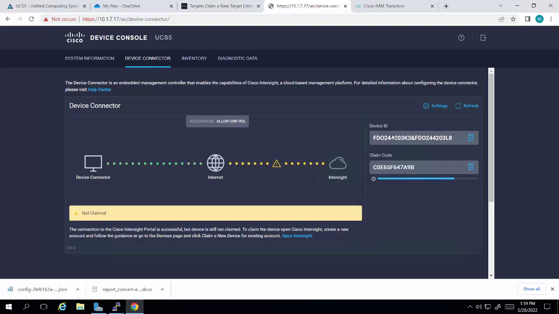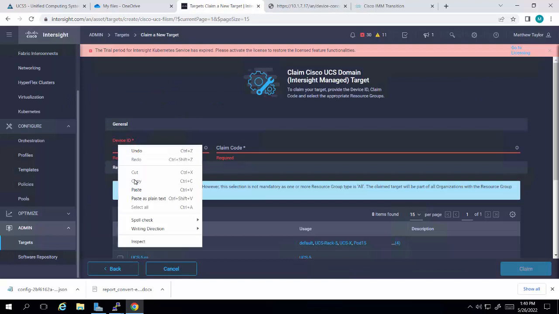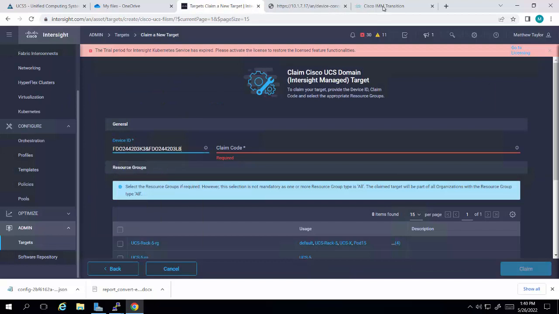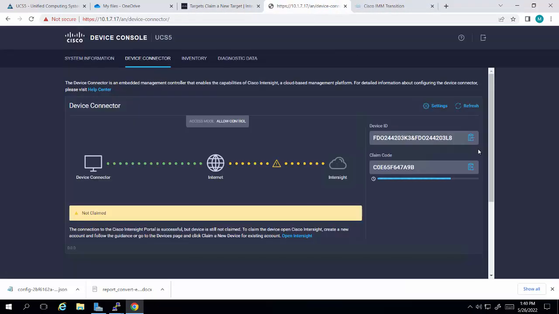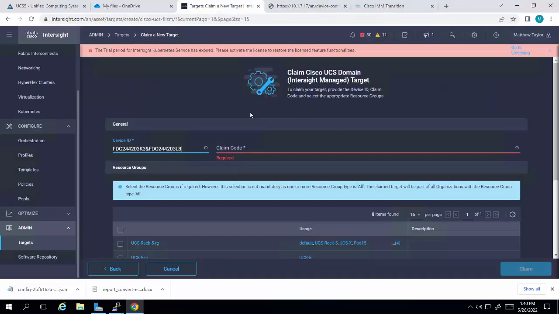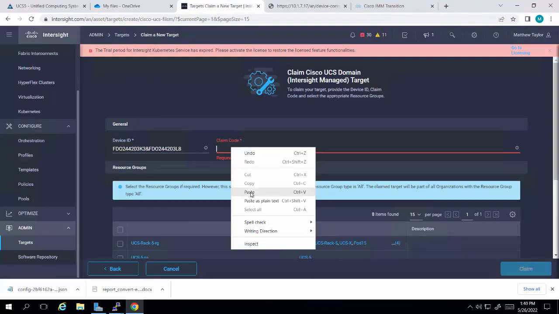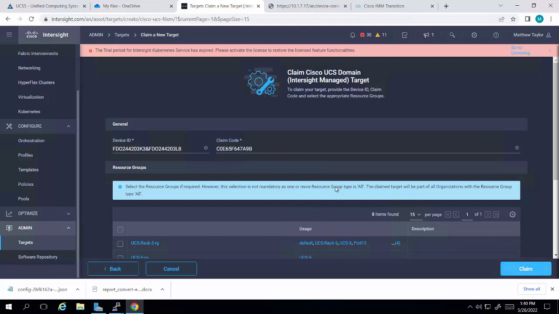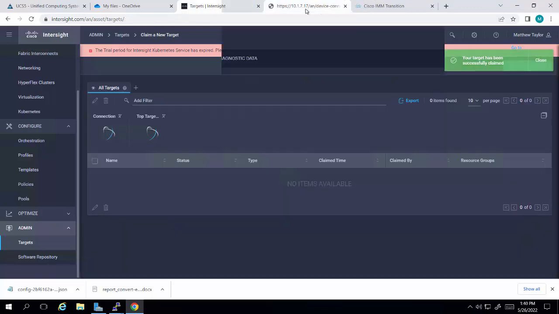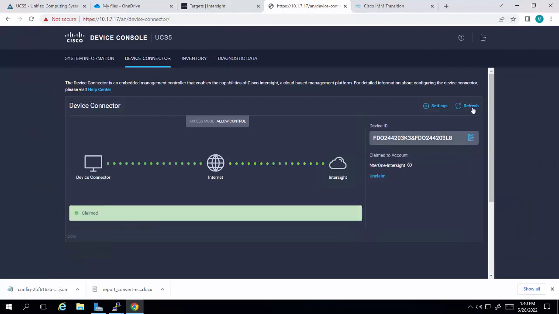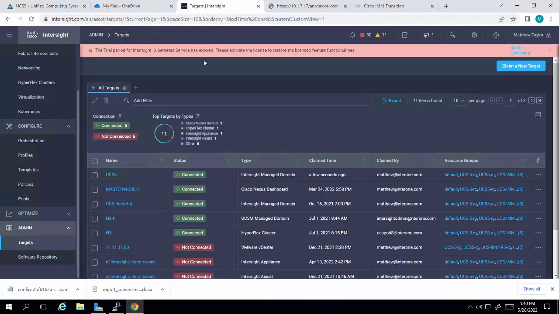Okay, so now I've copied my device ID, so I'm gonna claim a target. I'm gonna paste my device ID, and then I'm going to go and paste the claim code. So here I've pasted the claim code. Now my target has been successfully claimed. Now I'm just going to click refresh, and I can see that UCS5 is now an Intersight